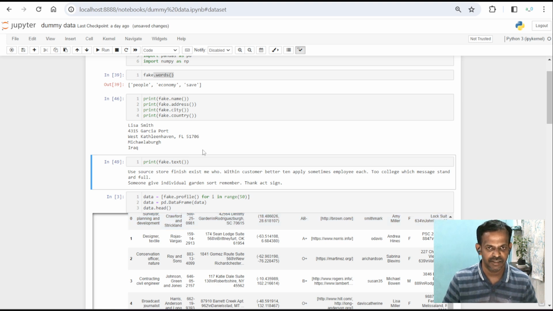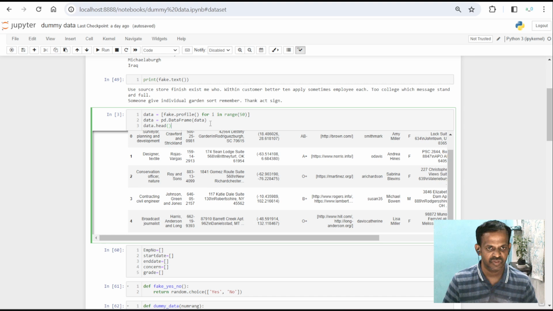So for that we should have the exact requirement, like what columns are required, column names, and how much data we want. You can create any number of rows, from a few 10 to 20 rows, or 100 and 1000 rows as well. But when you create, there should be details available, so it will be easy for you to create the data. Then,